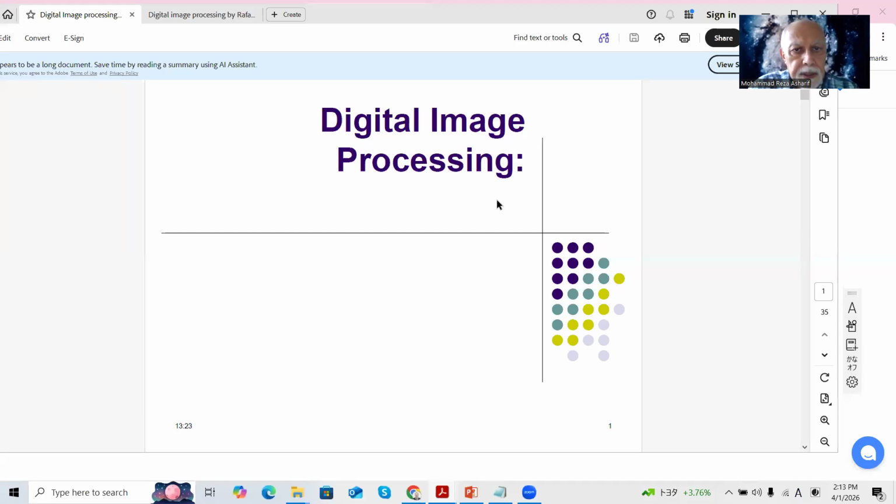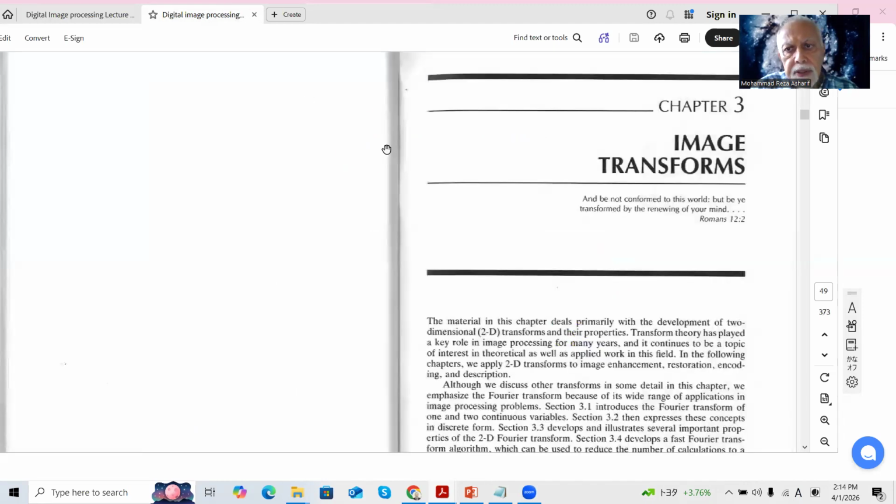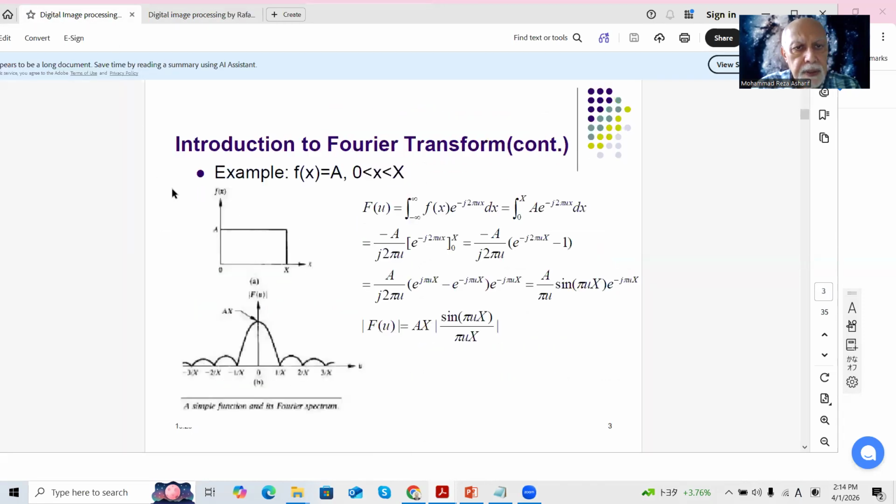Okay, this is the digital image processing lecture number 12. In this lecture, we are talking about image transformation, which is Fourier transform. First, we are talking about Fourier transform, and then other transformations in digital images. Now, starting from Fourier transform in image, first we are talking about the